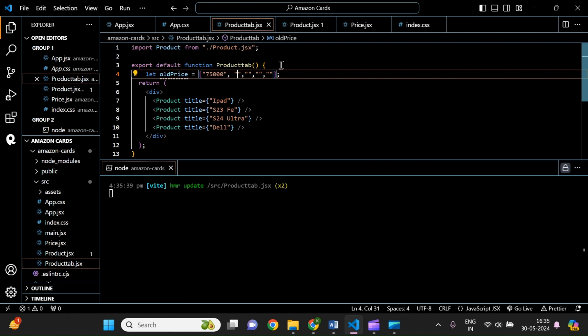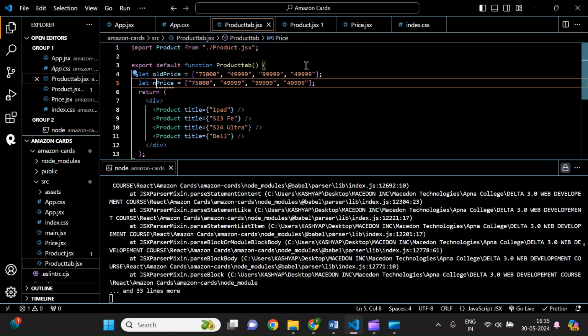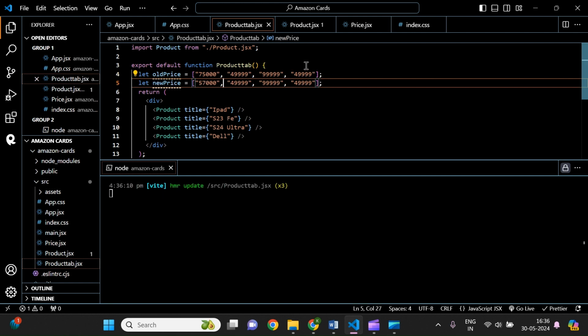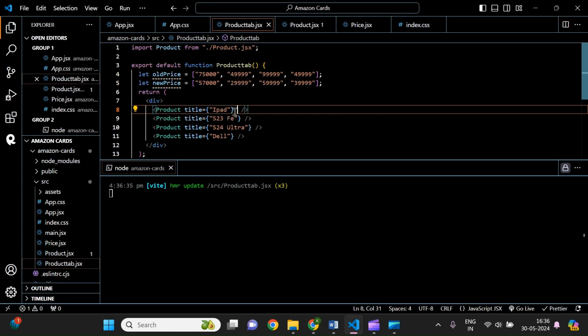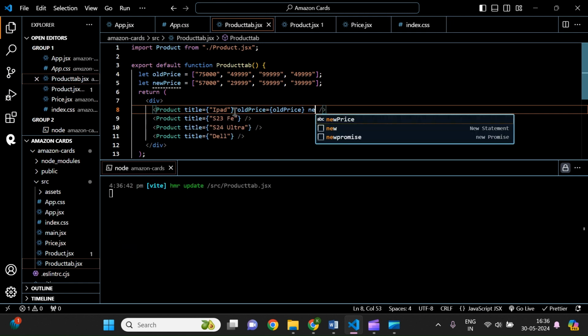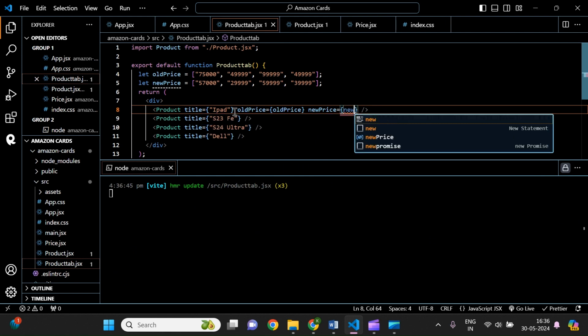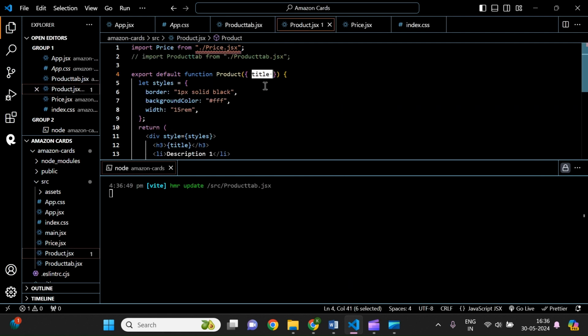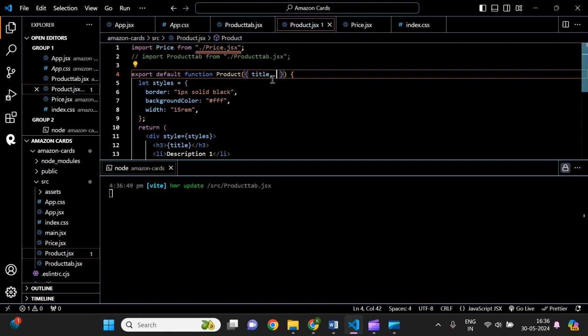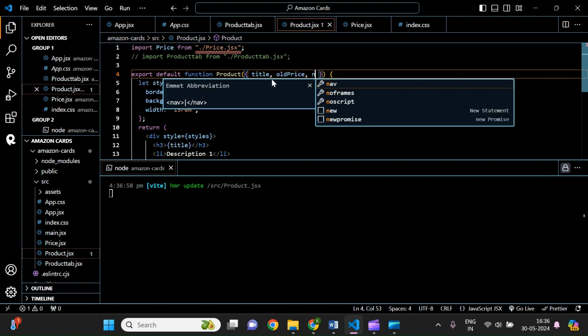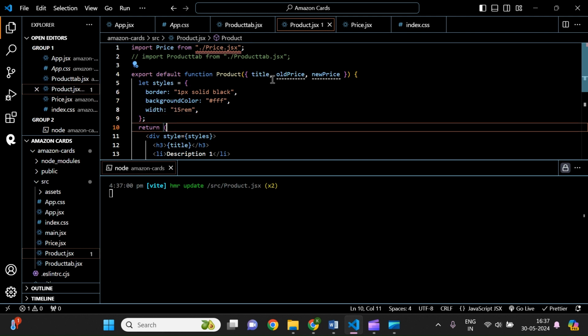These are how much they were, 49.99 and that kind of thing. The new price is going to be, let's just convert it, 59.99, and Dell laptop. Let's give it this much. All right. Now what we have to do is that we have to pass them as an array. So oldPrice equal to oldPrice, newPrice equal to newPrice. All right. Now we have to add this in here also. So in title, oldPrice, newPrice, and in Price,